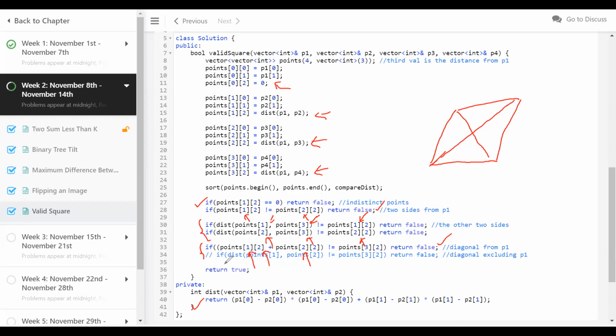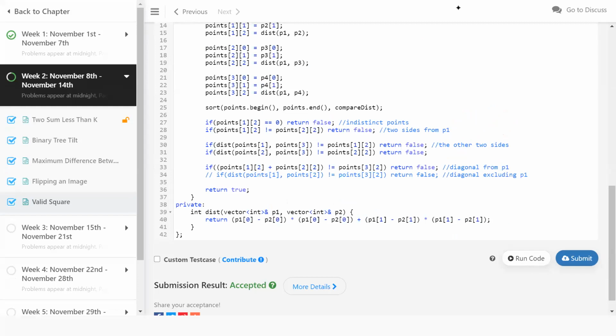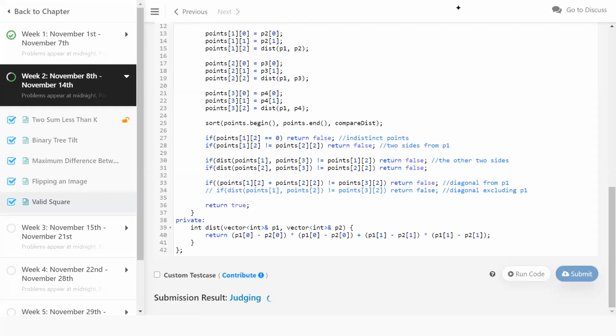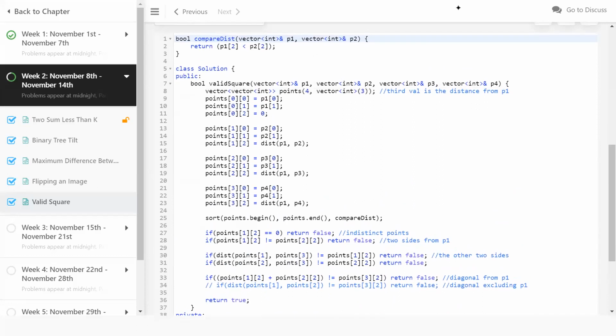I was actually thinking we would need to find the slope of the straight lines formed out of 2 points and all, but those are not necessary to solve this problem. All right, so let me submit, and it should work. Right, it accepted. It looks like there is a lot of code here, but it's not much.